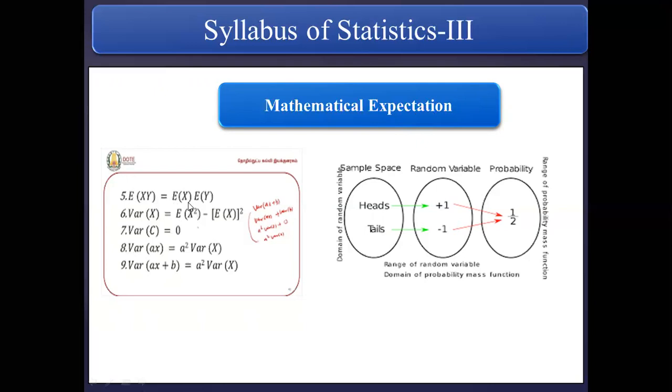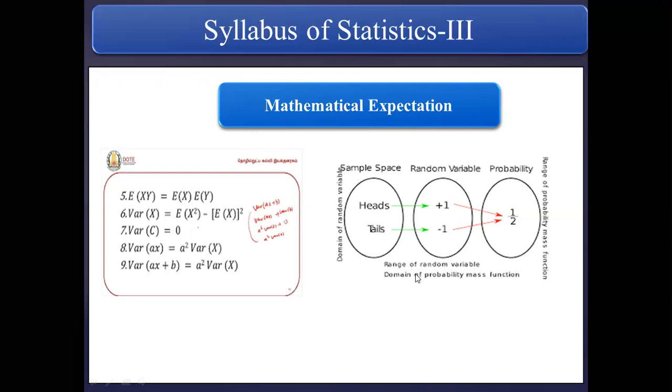If you write x as the variable, we can say expected of x, and if you write y in the bracket, then you can say expected of y. Suppose if you write z in the bracket, then it is known as expected of z. So now see, one example is given. When you toss a coin, you may expect either head or tails. So let us assign the values: head is equal to 1 and tails is equal to -1.